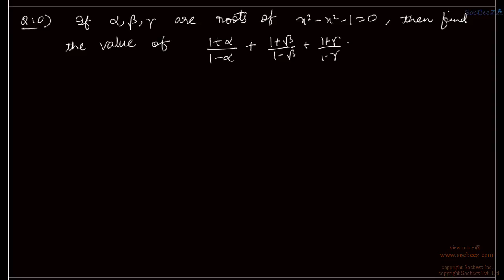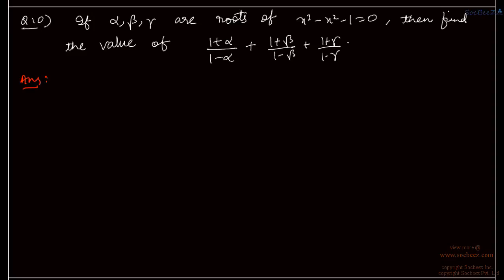If alpha, beta and gamma are roots of the equation x cube minus x squared plus 1, then find the value of (1 plus alpha) by (1 minus alpha) plus (1 plus beta) by (1 minus beta) plus (1 plus gamma) by (1 minus gamma). Now, in this equation again you may be tempted to write down the sum of the roots, all those three relations of this equation, and then expand it and hope that you can quickly get the value of this. Instead, I'll try to